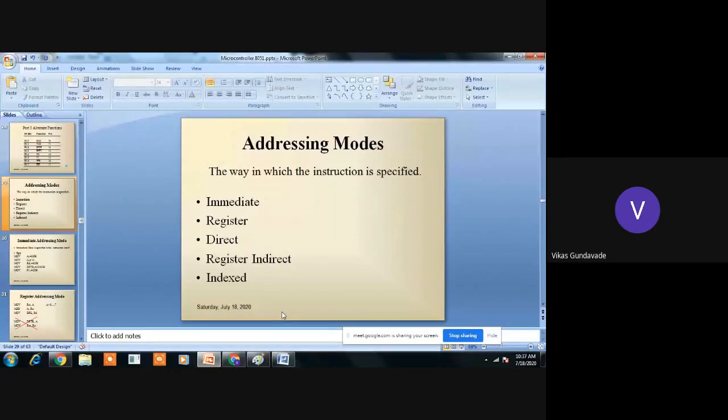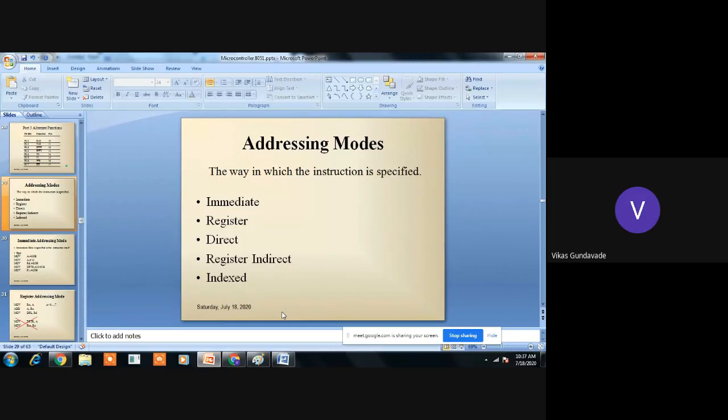That means new data gets transferred immediately to the register or to the memory location. That data is not already available in the controller, but new data gets shifted to that particular register or memory. Such type of addressing is called immediate addressing.